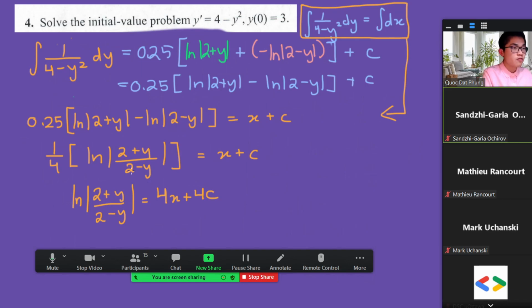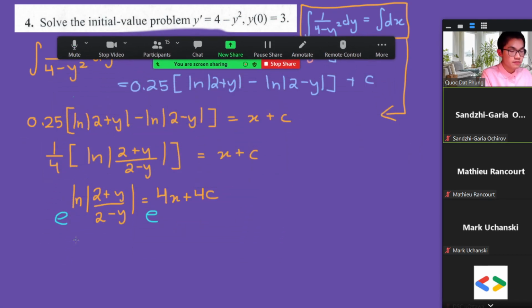And then in order to solve for y, right, because we want to solve for y, we have to do both sides to the power of e. And that will simply give us